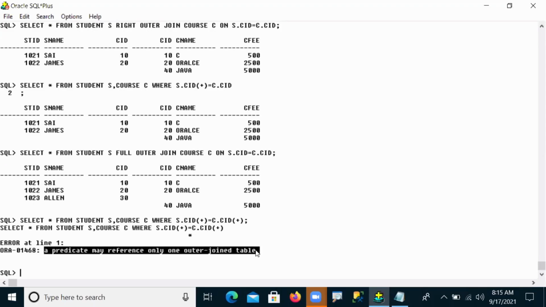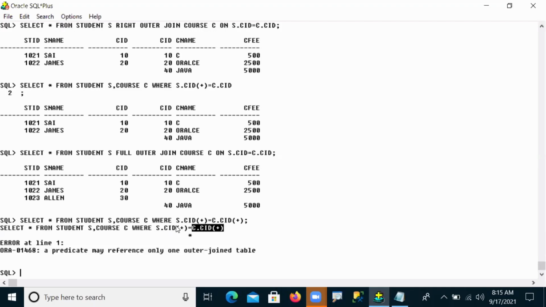That means whatever the join operator is there, it can be applied to any one side only, any one table only. But here we applied it on both sides, yes or no? We applied the left side and the right side also.